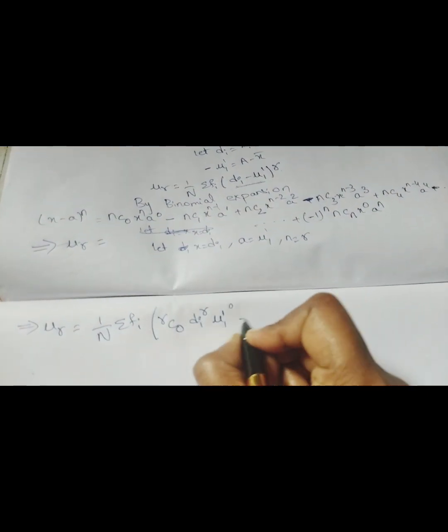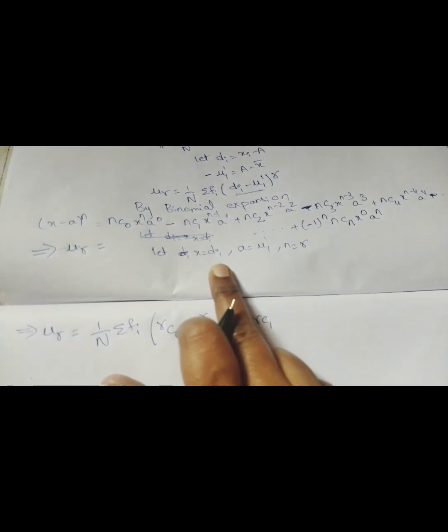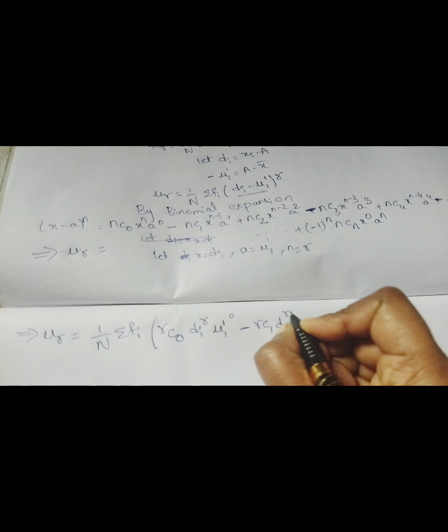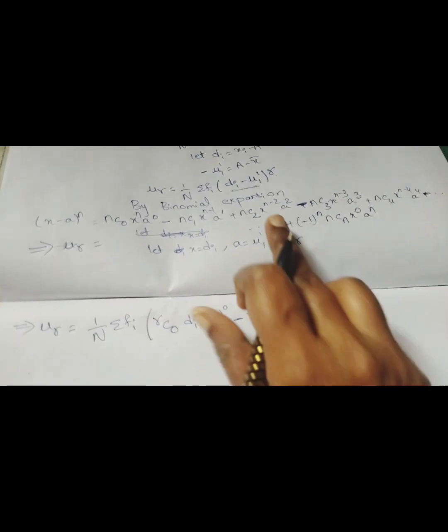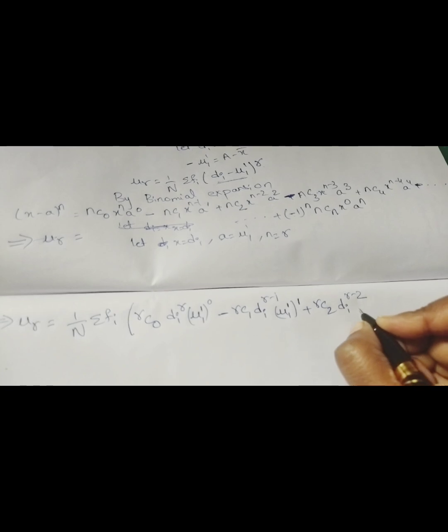Next, minus nC1, which means rC1, x power n minus 1. In place of x, we are taking di. So di power r minus 1 into a, mu 1 dash, mu 1 dash power 1. Next, after this we have the second term, third term: plus rC2, x place di whole power n minus 2. N minus 2 means r minus 2, into mu 1 dash whole square,